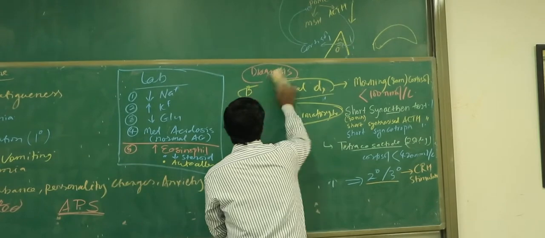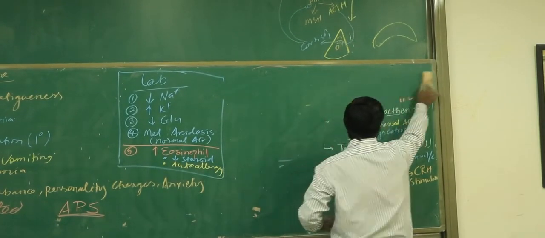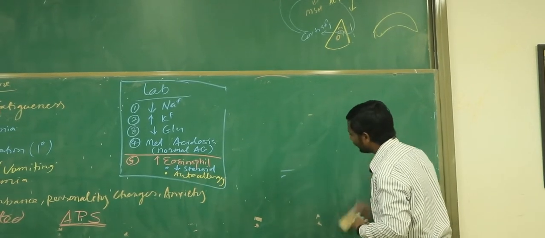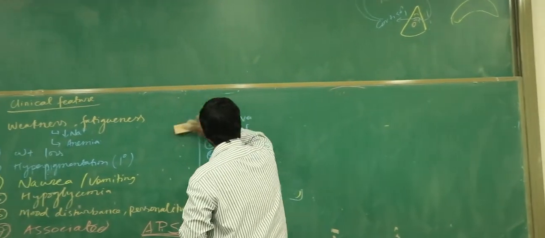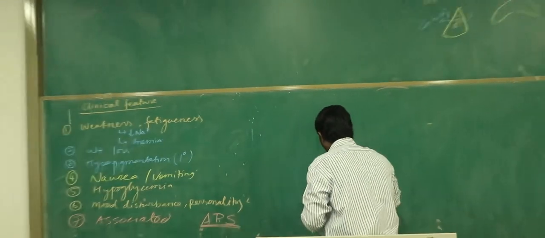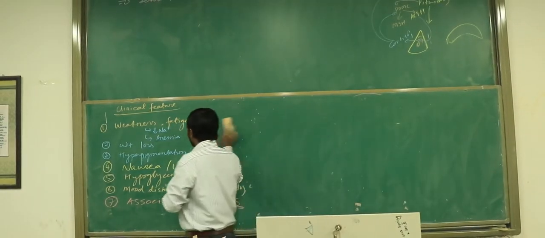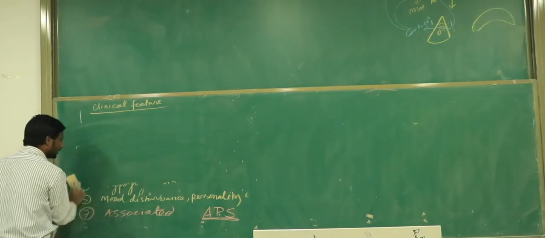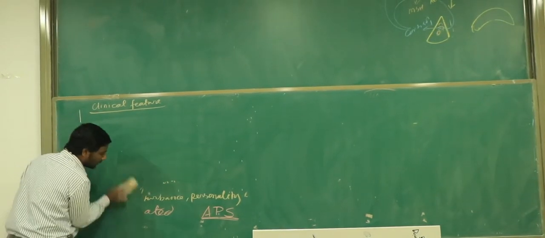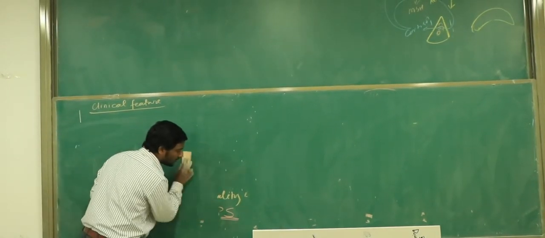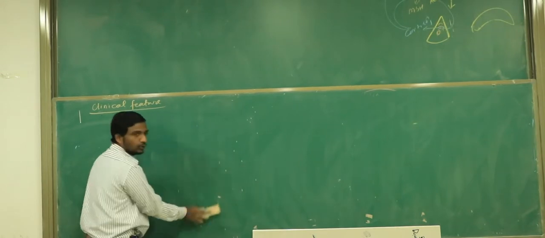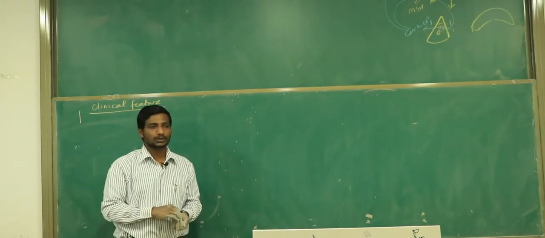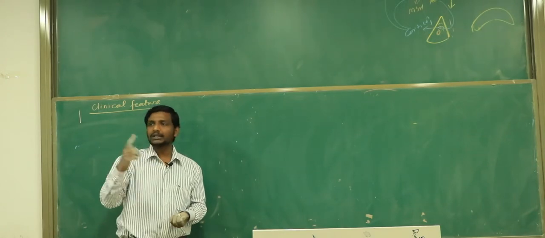All of you tell me, what is the most common sign and symptom of Addison disease? Weakness and fatigue. And tell me the two causes of the weakness and fatigue. One is the decrease in sodium, and the second one is what? The patient is also having anemia. And of course, don't forget, if the cortisol level is low in your body, it means glucose is also low. So it can also contribute to the weakness and fatigue. So many things can contribute here, but two things I wanted you to know: sodium and anemia.